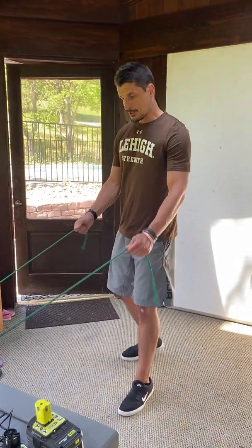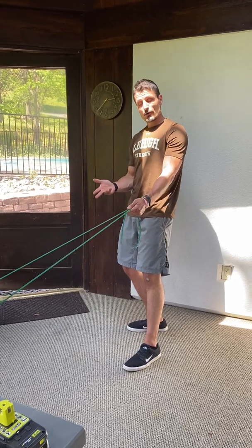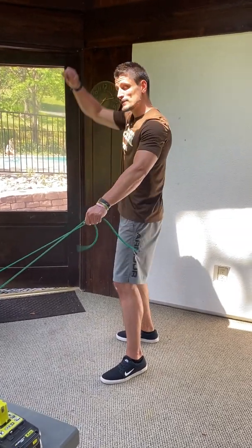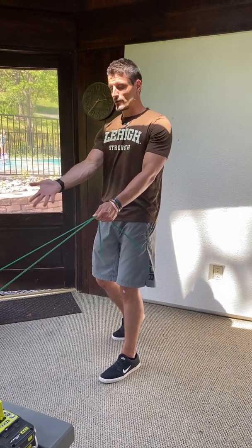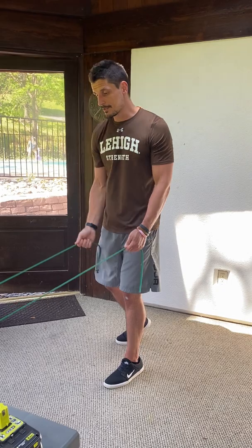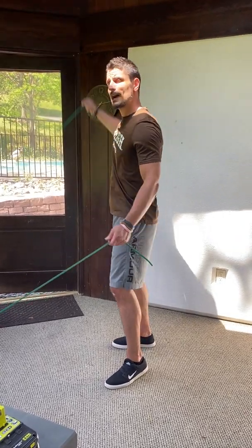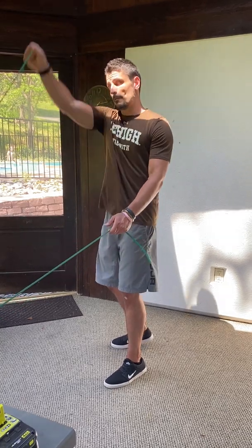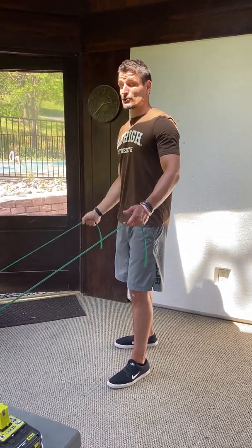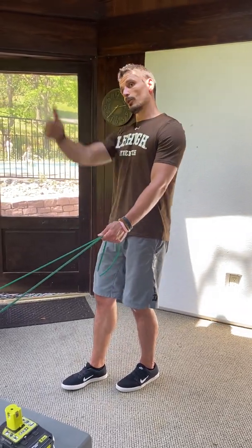The last one that you're going to do, this should look familiar, is like a softball pitch, okay? So when you do this, you're going to turn your hips to the side. This, out of all of them, is going to be more fluid, right? So I want my palm to face towards my target area or where the anchor is, okay? And this one, I'm nice and high and wide and fluid, okay? So if you want to rock your hips, get a little bit more momentum here, that is fine, okay? But this one's not slow and controlled. It's actually better that you don't, because of that overhead position that you're going into, especially working away,